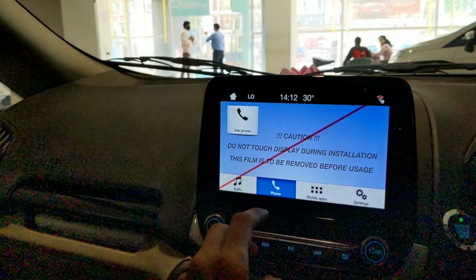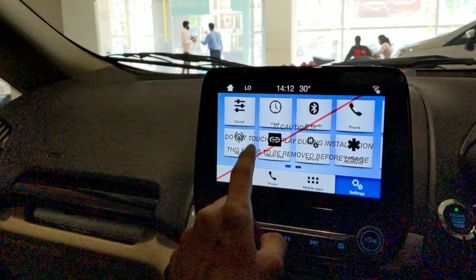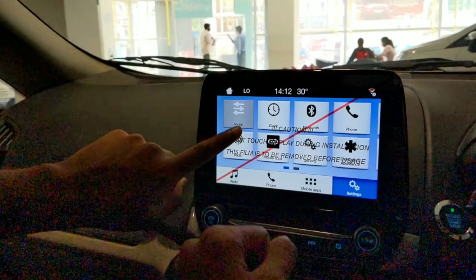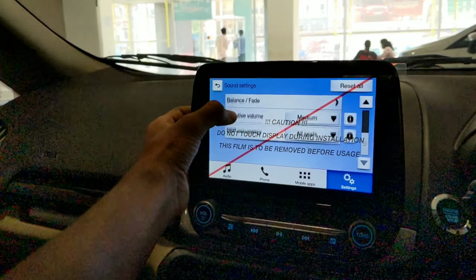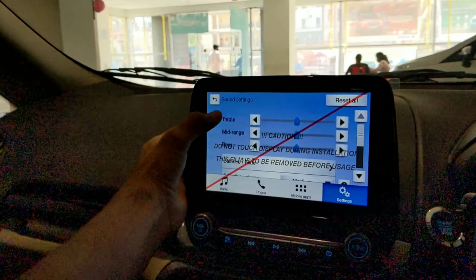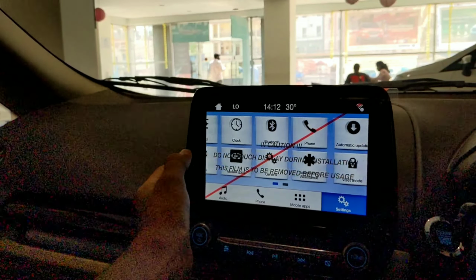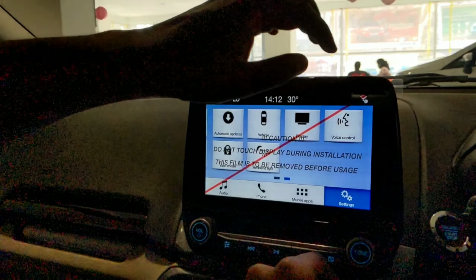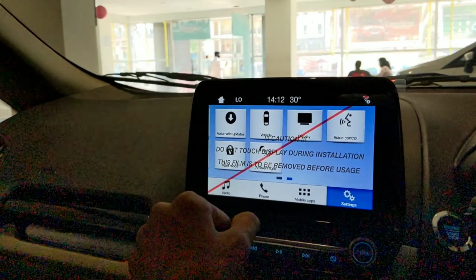It supports both Android Auto and Apple CarPlay. These are some more things, and these are the settings. It gets the clock, Bluetooth settings for audio, all those things. These are the audio and other settings. In this thing it's showing reverse parking camera, all those things, voice recognitions, voice commands, and all those things.